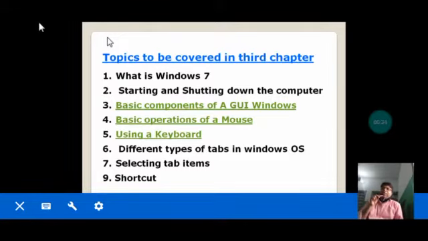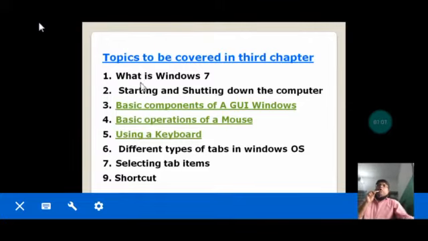Windows is an operating system. There are different versions. You must have heard the different versions of the Windows operating system. I'm going to discuss Windows 7. You already know why we use the operating system. If you have to communicate with your hardware, the OS will help you. So when you buy a PC, first of all, the OS must be installed, and then you can work with the application software.